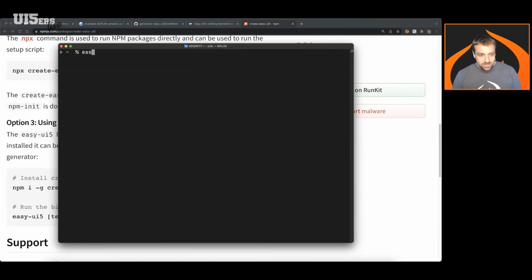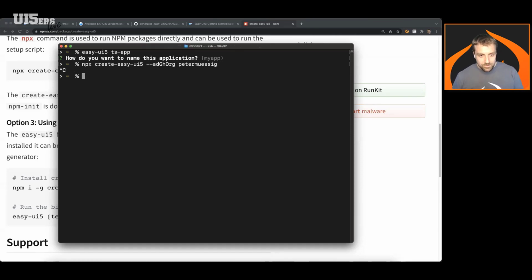Another option is, for example, if I want to, let's use the binary and I say Easy-UI5 TS app. This is now already selecting the template for the TypeScript application from the list of templates available at the UI5 community. And last but not least, the npx command. There, let's say we want to have the additional GitHub organization. I need to say create Easy-UI5 at additional GitHub org is mine.